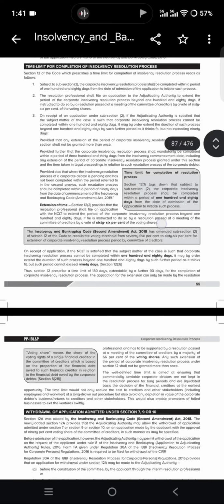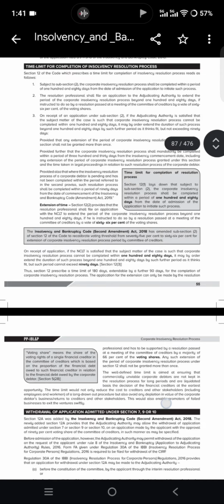The RP shall file an application to the AA to extend the period of CIRP beyond 180 days if instructed to do so by the resolution passed at the meeting of the COC by a vote of 66% of the voting shares. On receipt of an application under subsection 2, that is for extension, if the AA is satisfied that the subject matter of the case is such that the CIRP cannot be completed within 180 days,